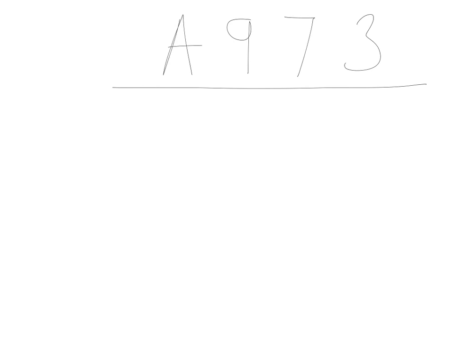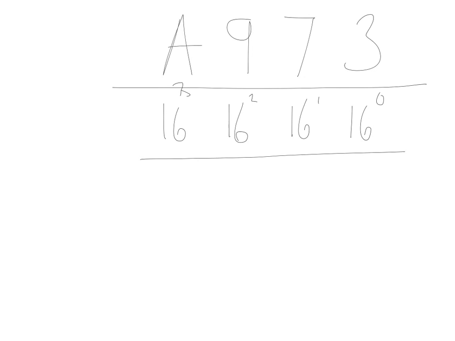So similarly to what we learned when we first tried binary, with 2 to the power 0, 2 to the power 1, 2 to the power 2, and so on. That was because binary was base 2, but we know that hex is base 16. So by the same process, our placeholder values are 16 to the power of these same numbers. So 16 to the power 0, 16 to the power 1, 16 to the power 2, 16 to the power 3, and so on. And just so we know what those values are, that would be 1 for our units,